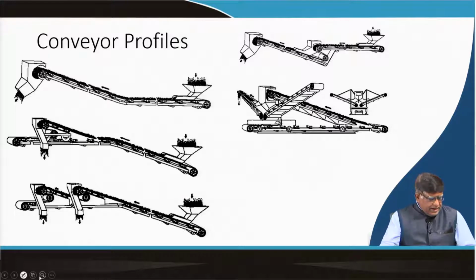Now, you can see the profiles can be of different types. You can see here how the loading is being done, with a horizontal section, then an inclined section, and then it discharges through this hood or hopper. Sometimes it is loaded on an incline. This cardboard allows the material to be loaded over here, and then it goes up and has a tripper car. That tripper makes the material discharge intermediately at any point. This tripper can move over here, so you can unload the material at any place.